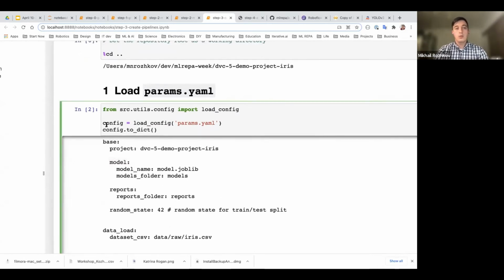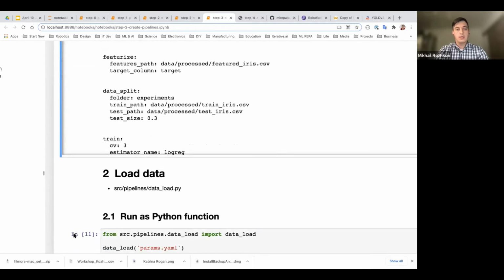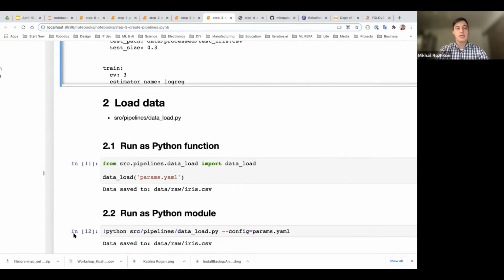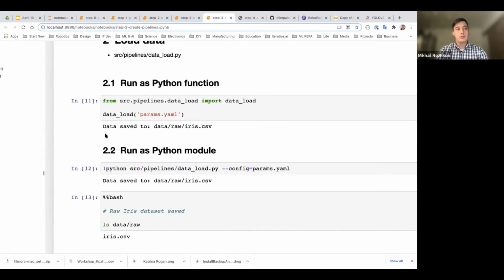So first of all, we can load our params.yaml file and look inside, and it has the same structure. And then we can do data loading